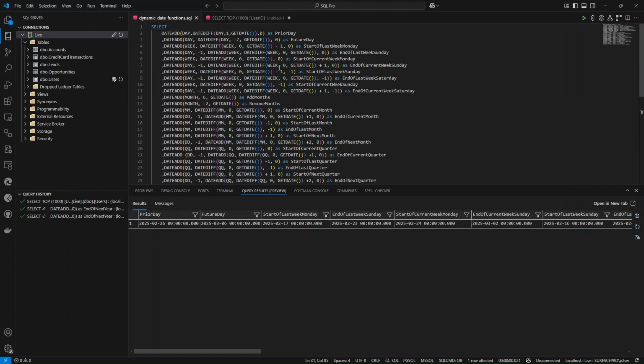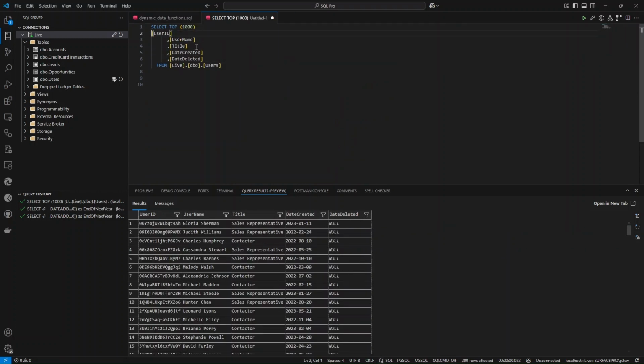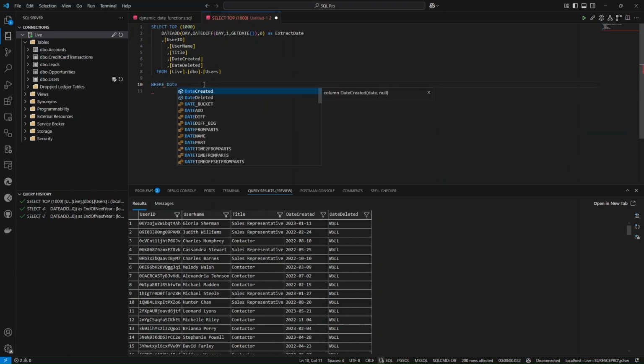So I'm going to grab this one, the prior day, and we're just going to say that this data loads every night. We're going to make that assumption. And we're going to call this the extract date. The extract date in this context just means that it's the prior day's data. Let's go ahead and come down here now to the where statement, and I'm going to say where date created is between,